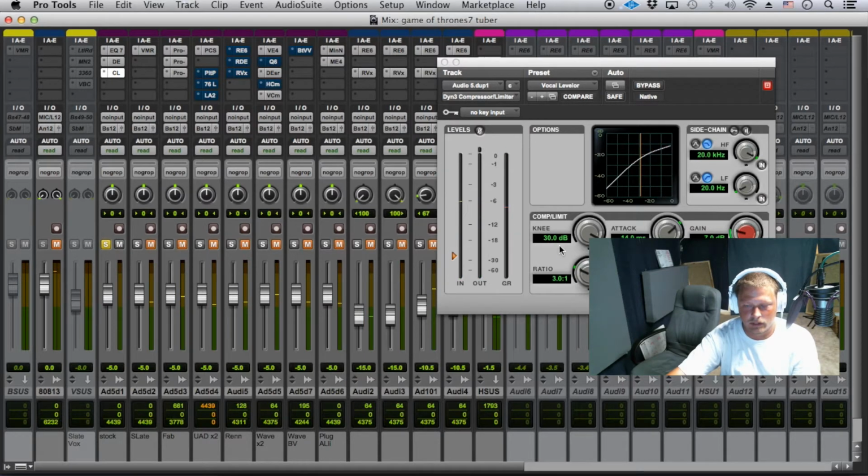Now this is a little more than I like to take out. I'm already recording through a compressor. So, you know, if somebody, the first compressor in the chain, if somebody hasn't recorded with the compressor, then, you know, maybe smack it a little harder. But, so, you know, we got